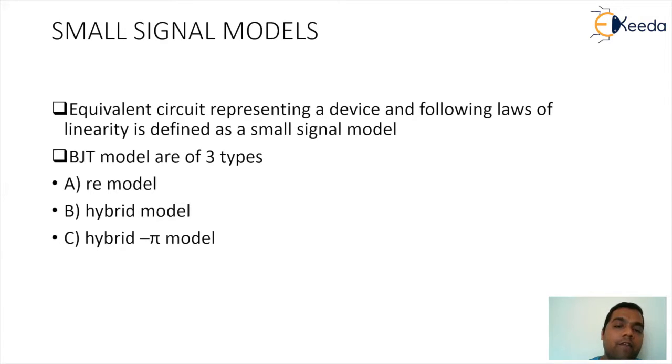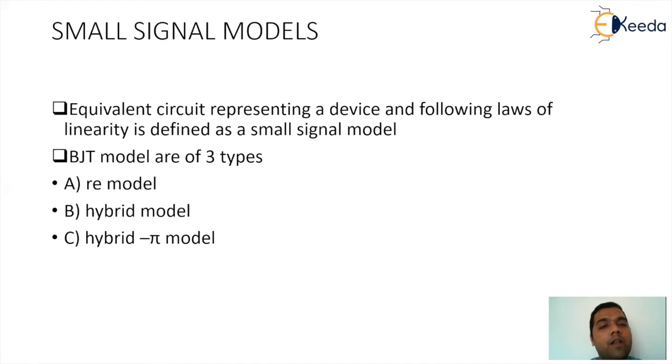So just like when we were talking about a diode, the diode was having internal resistance and capacitances. So the equivalent can be observed as a combination of resistance and capacitance. On similar lines, whenever we talk about an active device, the active device will also have its equivalent model, where you will have elements from the passive family like resistances, and we will have dependent current sources or voltage sources depending on what sort of device you are trying to represent. So in BJT, we have resistance and current sources.